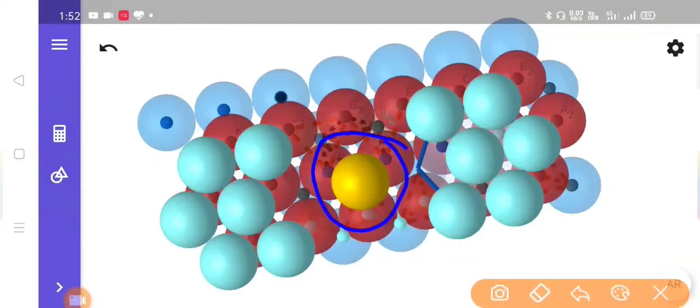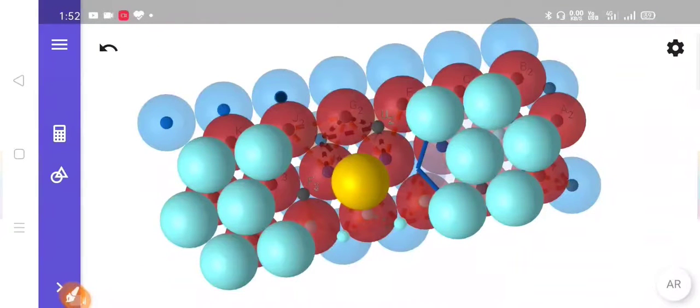So we are talking about this portion of the image. So 3 from the bottom and 1 from the top. So this creates a triangle, and on the triangle, in the depression of these three spheres, we have a fourth sphere from the upper layer, which creates a tetrahedral void.